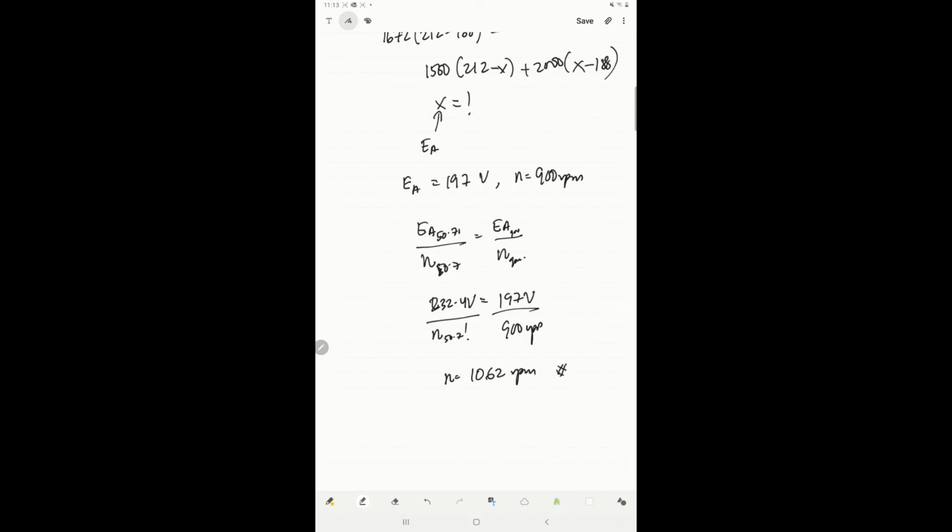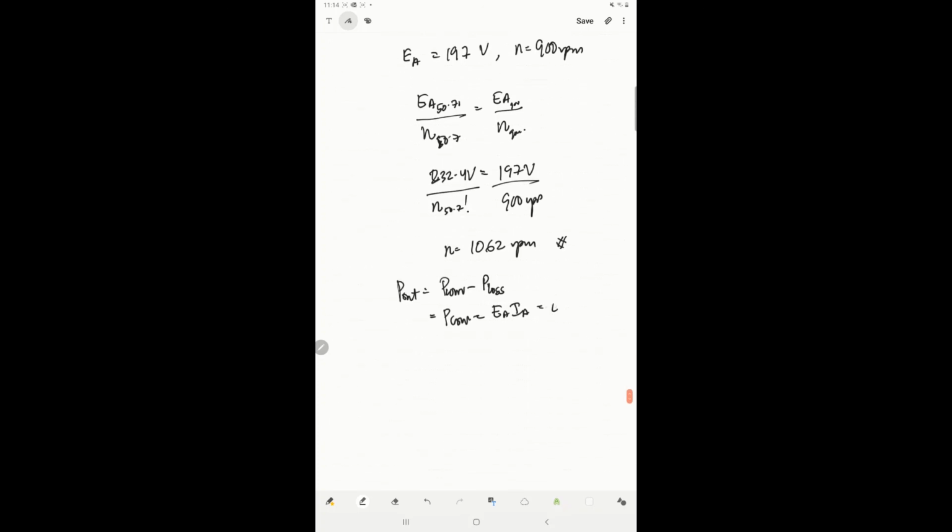Okay, so the power converted, obviously, if we don't have rotational losses, sorry, not power converted, the output power is actually P converted minus all the losses. Okay, so rotational losses and everything. So if we ignore that, it will be P out equals P converted, which equals EA times IA, or tau induced torque times omega. Since we don't know induced torque yet, basically we can calculate from here. So EA is 232.4 volts times IA is 50.7 ampere. We will have